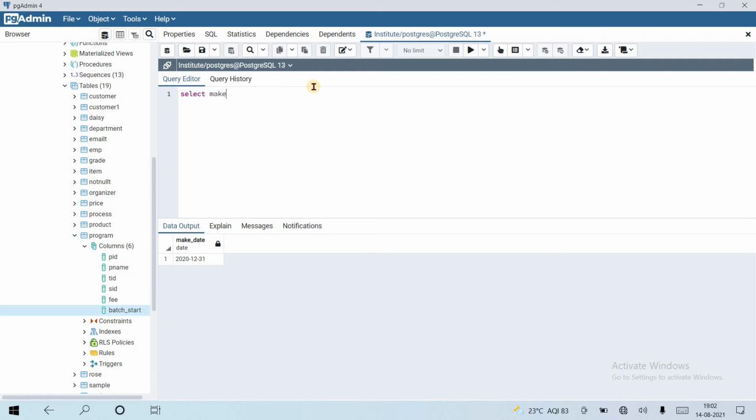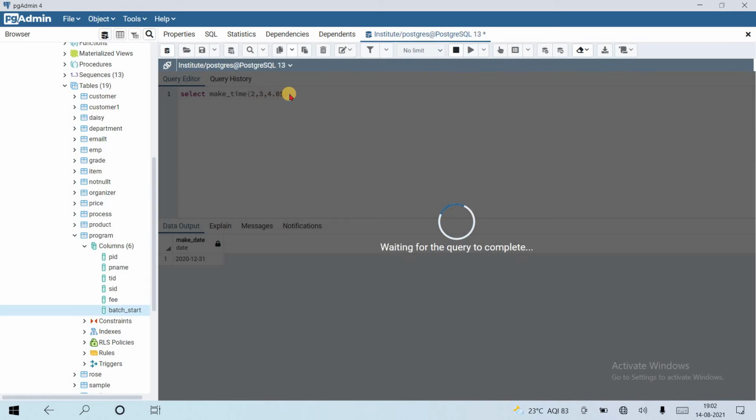Let's focus on select make time. The make time function makes a time for us. Suppose 2, 3 and 4.05. First is the hour, second is the minute, and 4.05 is the seconds. Let's run the query.